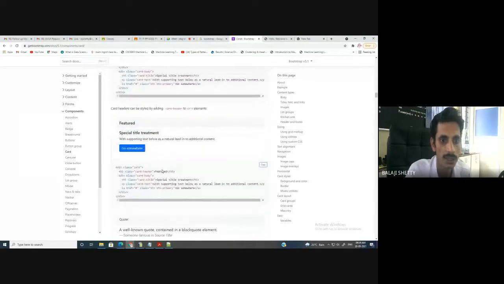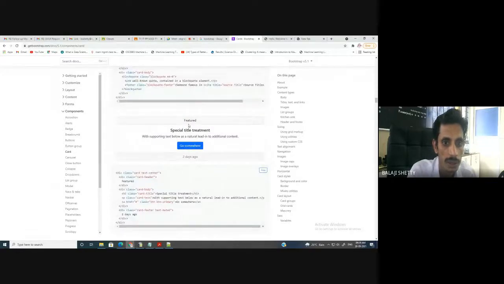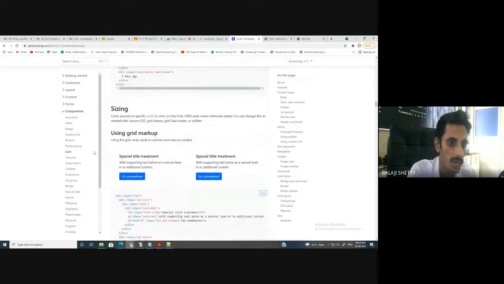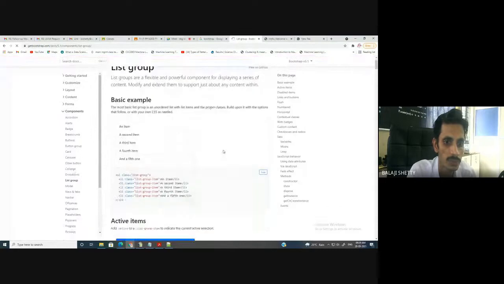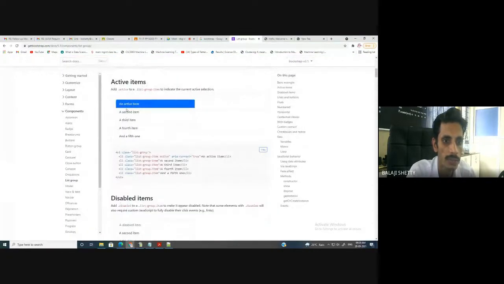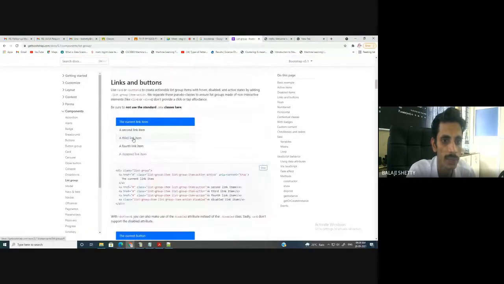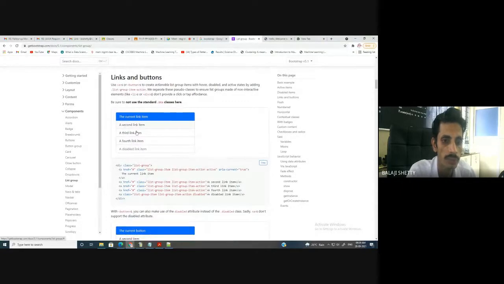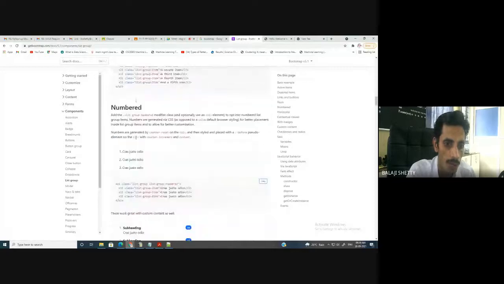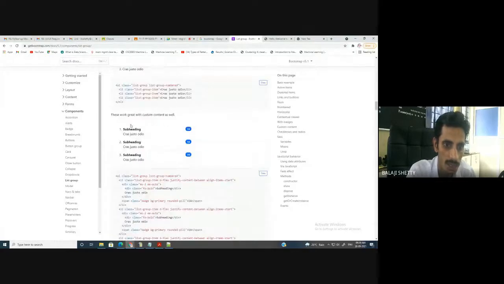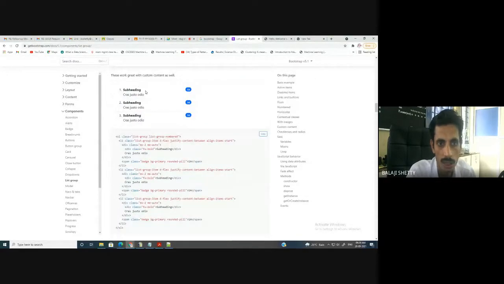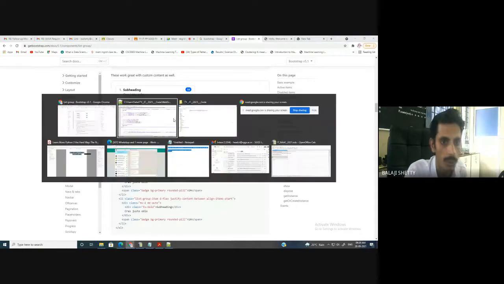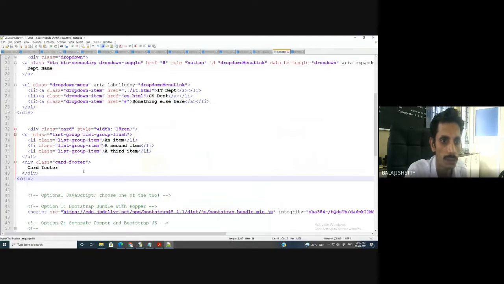Header, footer is there. Okay, this is header, footer. Then you have list group. Okay, you can like this: first list, second list, disabled atom. This is the button. Okay, you can have this button in your form. So whatever you want, what you have to do, just understand these things. Here you can see this count in your website. Just copy this code if you want such type of output in your HTML form. So use this code here.